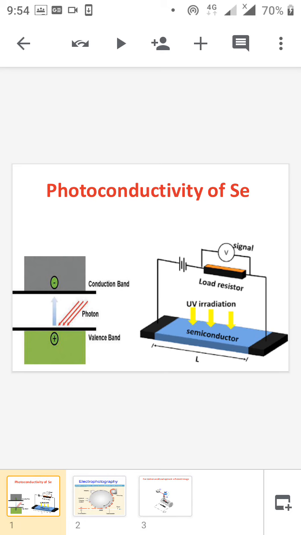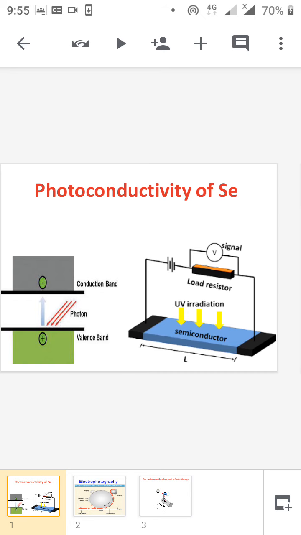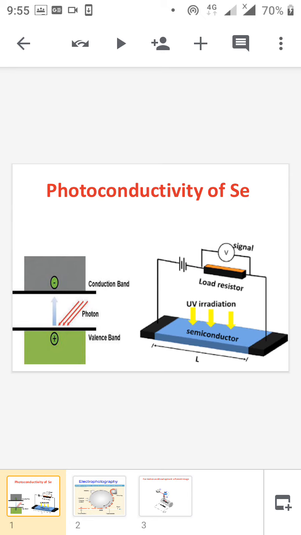When we illuminate the selenium surface using light of suitable frequency, an electron from the valence band is excited to the conduction band across the band gap. Because of this property, selenium can induce conductivity and we can convert light into electricity. Selenium has one more property, the photoreceptive property, otherwise known as electrophotography, which is used in xerography.